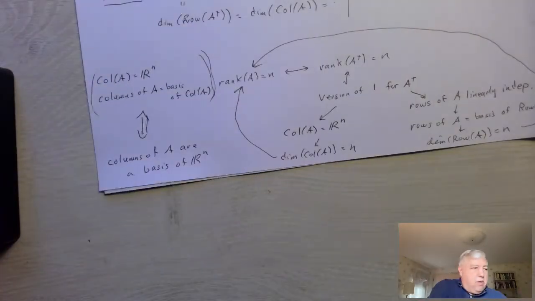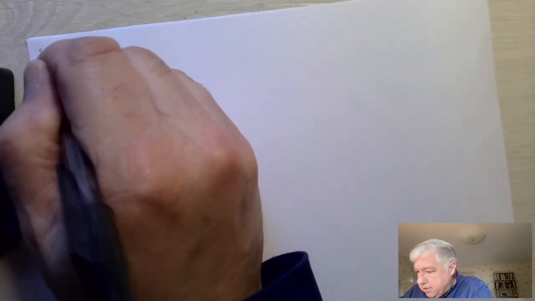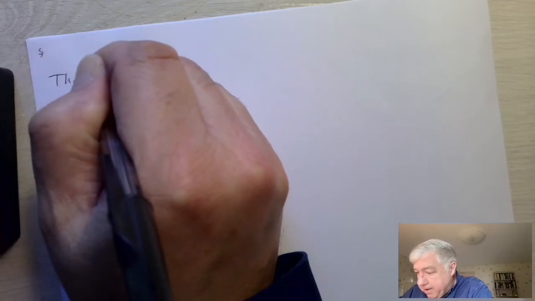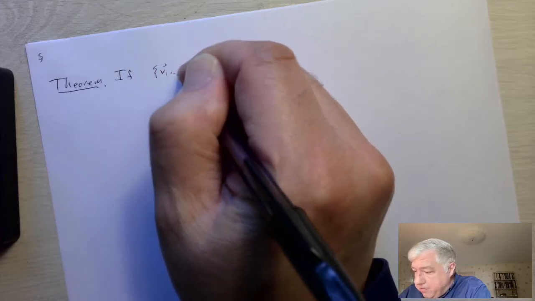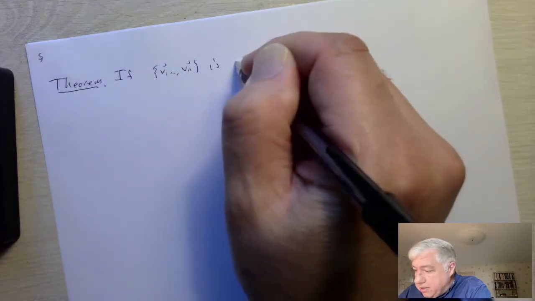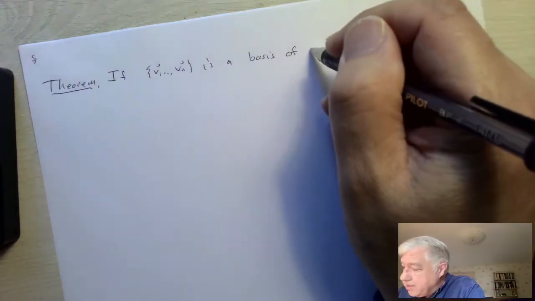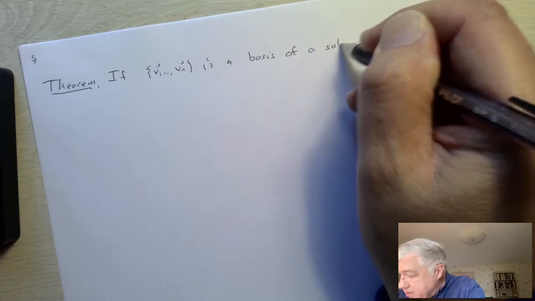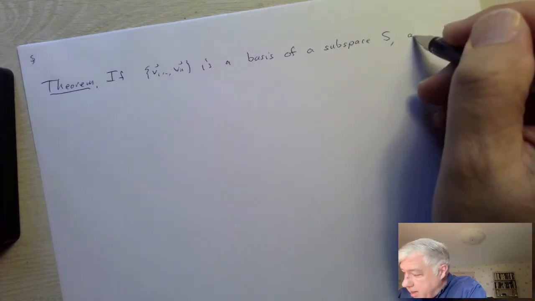Okay, then the one last thing I wanted to talk about was the uniqueness of representation with a basis. So here's another little theorem. Okay, so if V1 through Vn is a basis of a subspace S, and